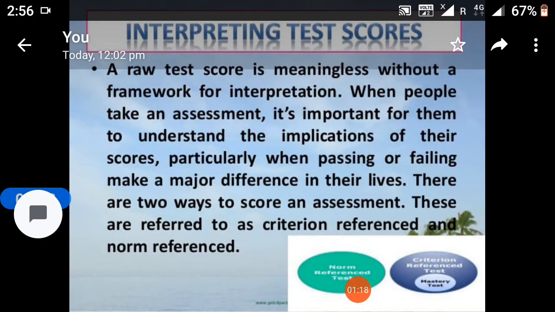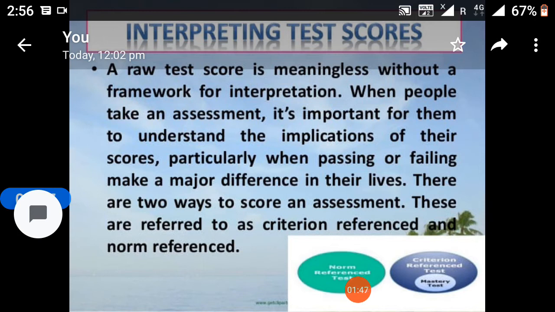Interpreting test scores. A raw test score is meaningless without a framework for interpretation. When people take an assessment, it's important for them to understand the implications of their scores, particularly when passing or failing makes a major difference in their lives.